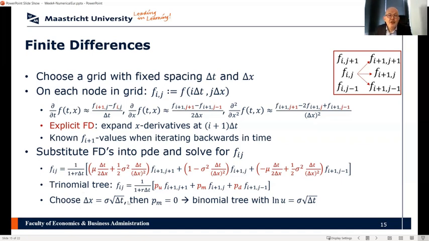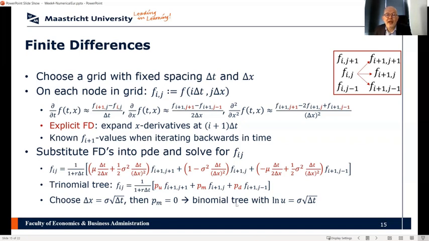And if you make the choice that delta x is equal to sigma times square root of delta t, then this middle term basically becomes equal to 0. And I am just computing a P up times this value and a P down times that value. And the interpretation of the P up and the P down and the size of the delta x is